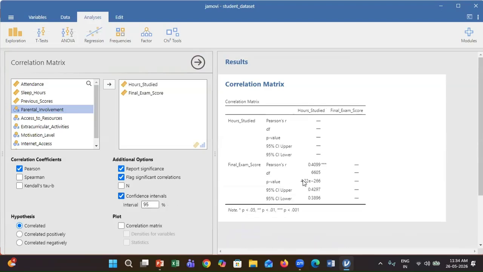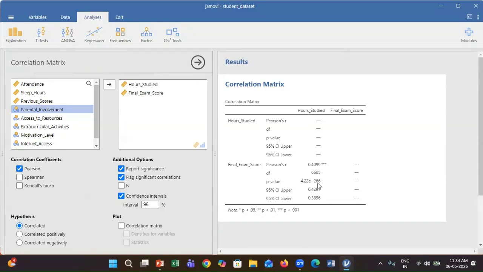Here you can see the Pearson's correlation coefficient small r value, the corresponding p value, and the confidence interval. Suppose small r is equal to 0.4099, which indicates a positive correlation between study hours and exam scores.